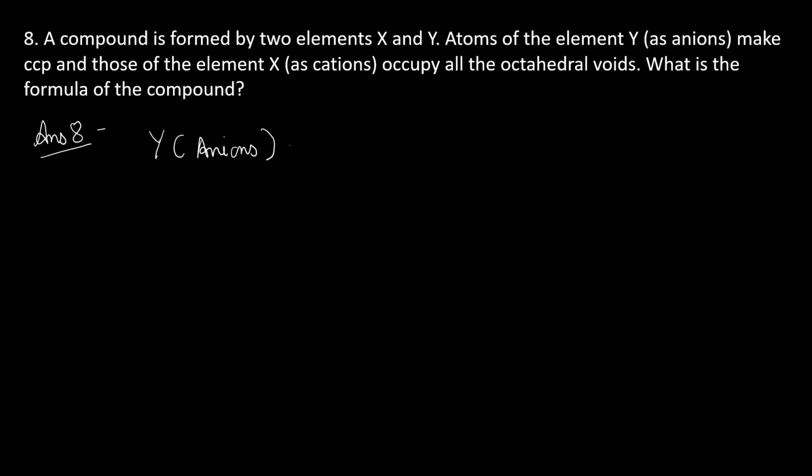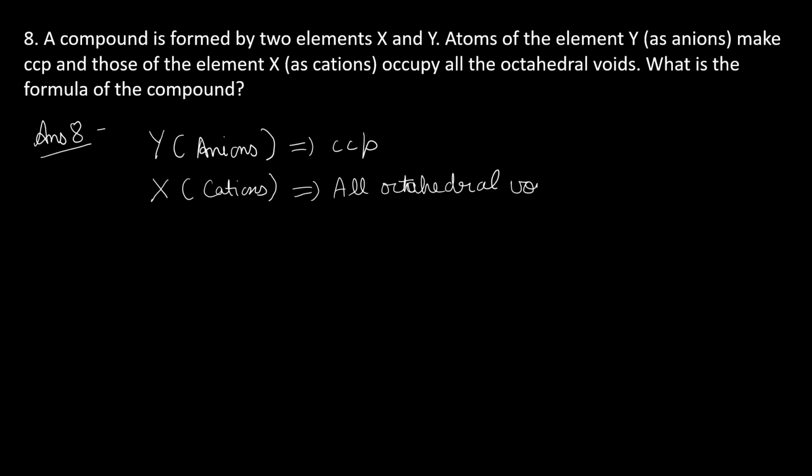Make CCP lattice. So they are involved in packing, cubic close packing. Now X atoms, they are cations and they occupy all octahedral voids. Octahedral voids. Now you all know very well,